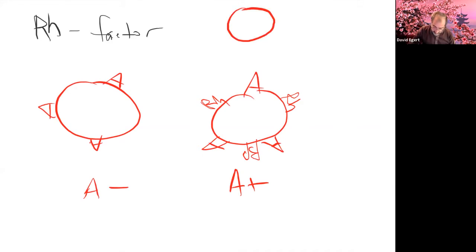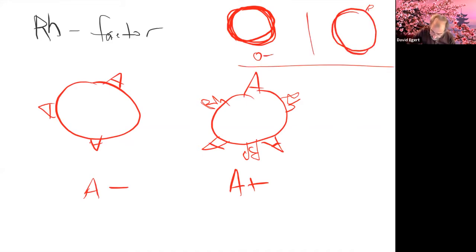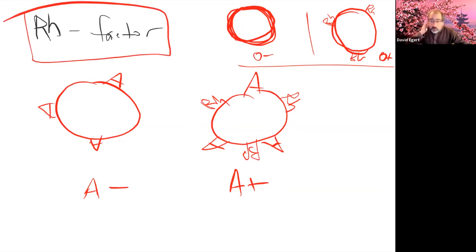If I'm just a cell without anything at all, that would be O negative. If I'm a cell without any A or B, but I do have the Rhs, this would be O positive. So that's all the positive or negative does. It's like, do you or do you not have the Rh markers? The reason why we separate it out from the A and the B thing is you don't have automatic anti-Rh